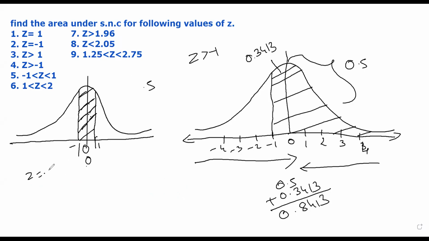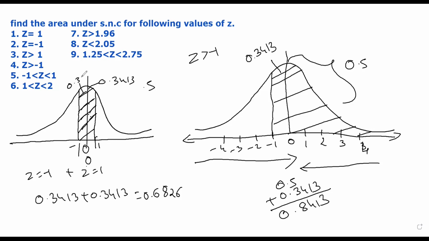So this is nothing but Z is equal to -1 की area plus Z is equal to 1 की area. That is 0.3413 plus 0.3413. That will be 0.6826. I'm talking about the area between Z is equal to -1 and Z is equal to 1. क्योंकि ये सिमेट्रिक है ना, इधर की एरिया और इधर की एरिया सेम है. हमको पता है Z is equal to 0 और 1 की एरिया 0.3413 है. ये भी एरिया 0.3413 है. हम लोगों ने तो बस उसको ऐड कर दिया, हमको मिल गया हमारा एरिया.